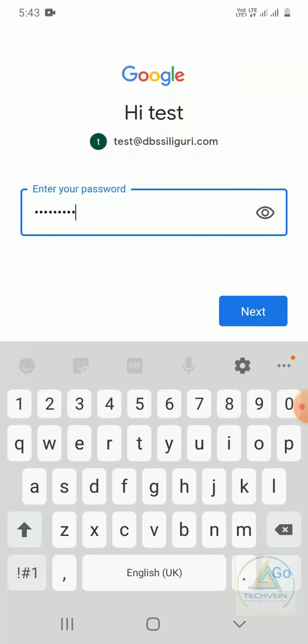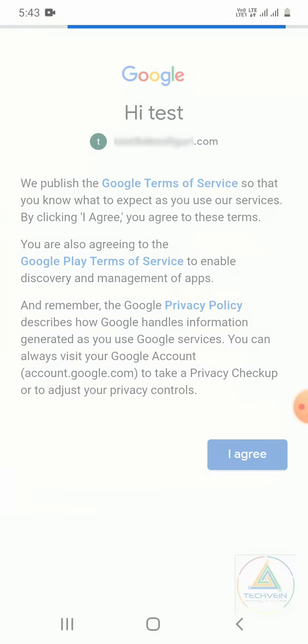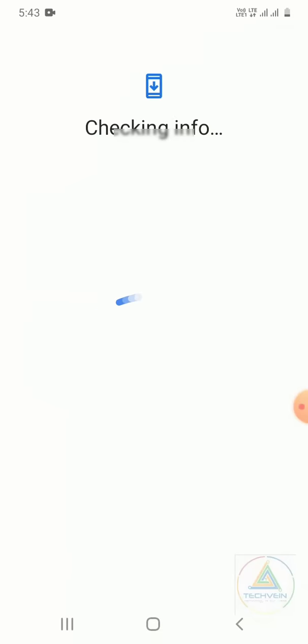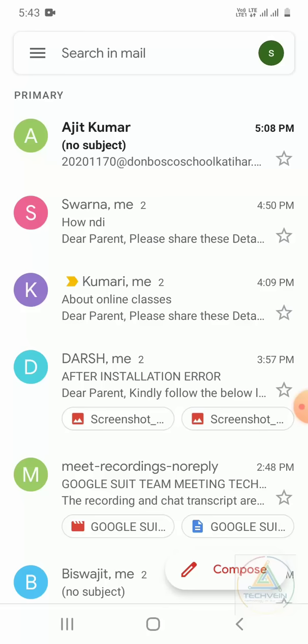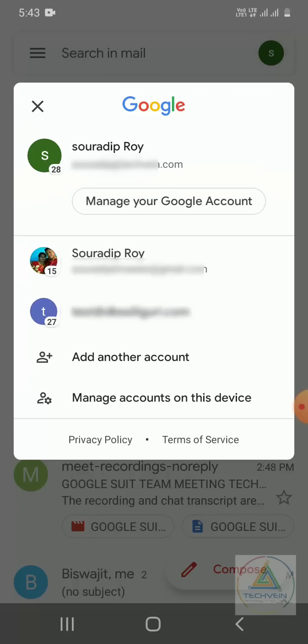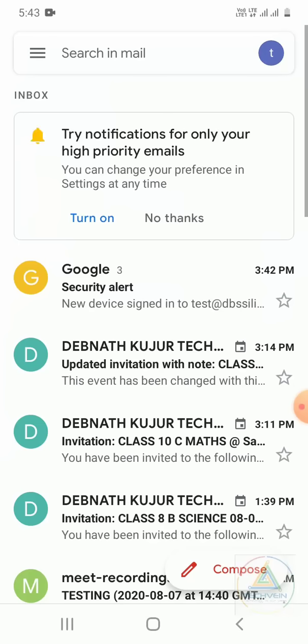enter the password, agree to the terms and policies, and it will complete the process of your account addition. Now to log in, then click on the account list, select your account, and now you are signed in as